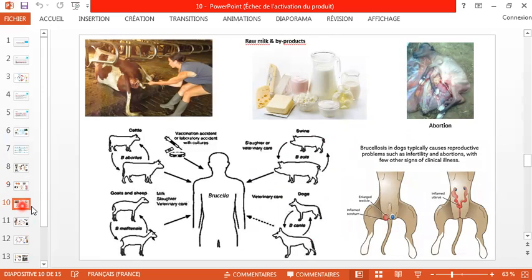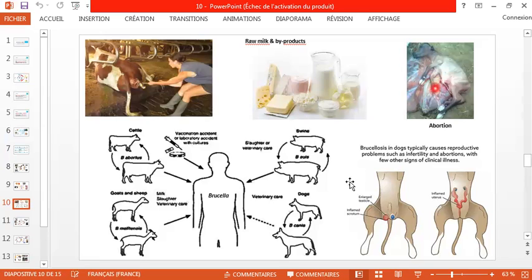This is for brucella. So brucella, keep in mind that it is transmitted mainly via raw milk and byproducts, okay, dairy products, or here by ingestion, or via breathing. Okay, the bacteria is going to be found in the fluids during parturition. Because here you will have fluids, and the bacteria is going to be spread in the air, and we can breathe it. Okay, so it is either during parturition, sorry, or abortion.